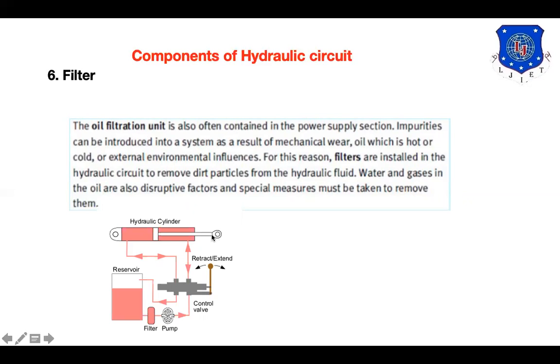Now whenever this piston is coming back, that dust particle will also get trapped inside and will try to enter this particular region. If it enters the direction control valve, or even the pump region or reservoir, then it will damage all those components over a longer period of time. So to remove all the dust particles, we need to have proper filtration. That's why we are using the filter. So every time, only fresh oil enters the entire system.